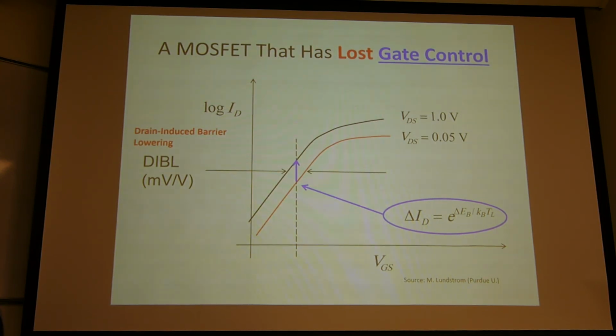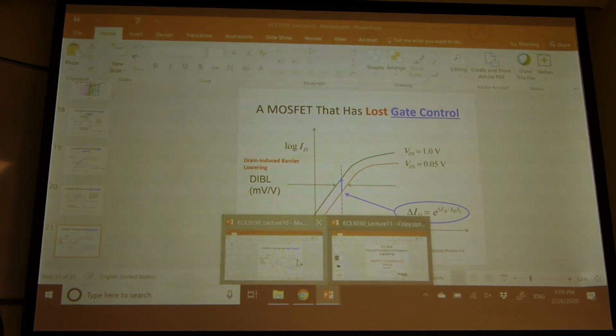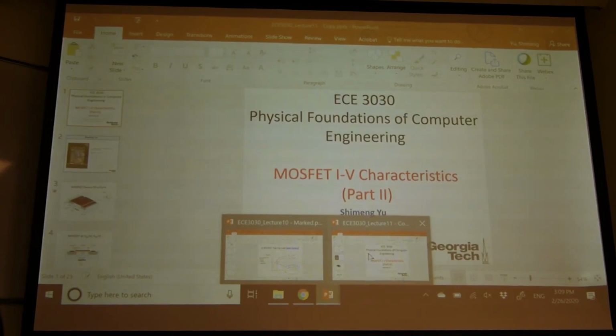So this is the short-channel effect, drain-induced barrier lowering. So this is a device that has less gate control. So any questions? All right, so that's the review of the last lecture. And today we are going to continue